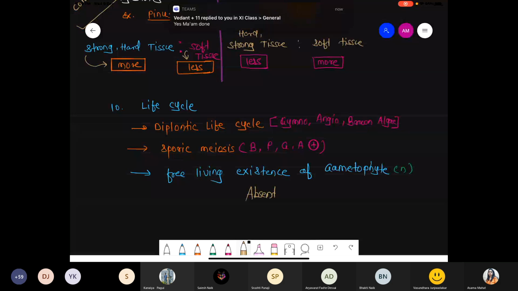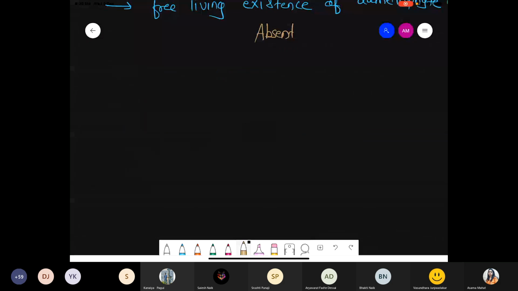Okay chalo. Now last point of this chapter, not last, second last, that is life cycle of Pinus. Because we already said that whatever questions are coming, maximum questions are related to Pinus life cycle. So start new point. In detail we are talking about life cycle in case of Pinus. You know very well, Pinus is an example of the gymnospermic plant which grows in the temperate zone. So we are talking about a few pieces of information. First of all, basically Pinus it is example of